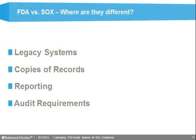Also, SOX does not have any discussions in the regulation itself or in the guidances around it that talk about copying records and the formats that your records need to be in. The FDA has generated a lot of discussion on this. I think partly this is just because it's not as much of an issue for people in the financial world. Financial data we're generally keeping in ERPs or similar systems, and there are only a few formats, and they're pretty common. A lot of times in lab systems, you may have a very quirky one-off system that does a very specific piece of research, and it has a proprietary data format, and that's where we end up with some struggles in terms of making sure that data is able to be copied